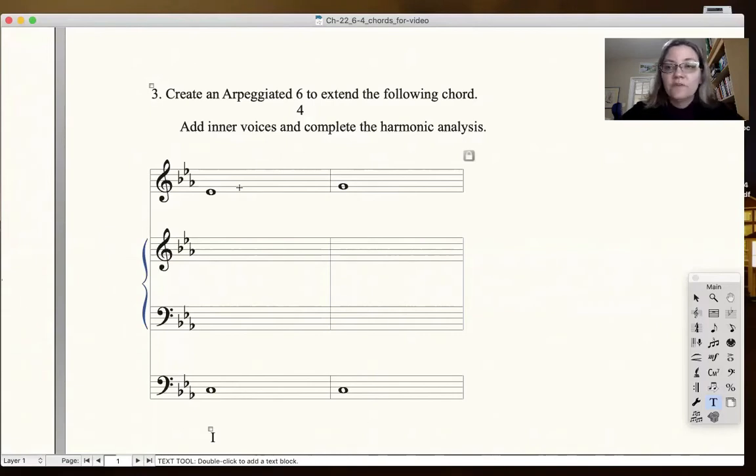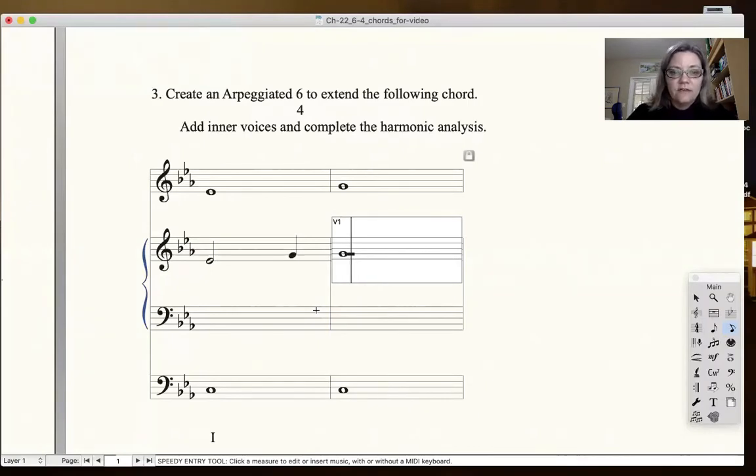we don't actually worry about the soprano at all. So the soprano, I'm just going to keep it on chord tones here so that it's out of the way. So I am just going to do this. Do an anticipation figure. It doesn't matter. You can decorate it later. Oops. Make sure I have the right